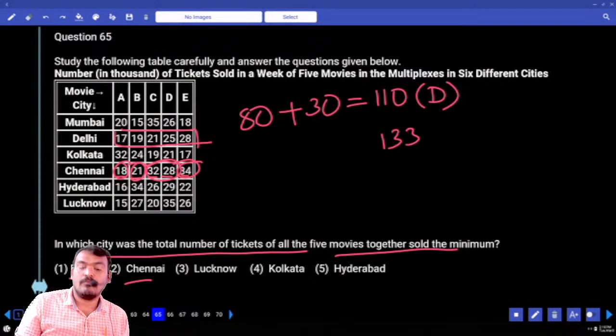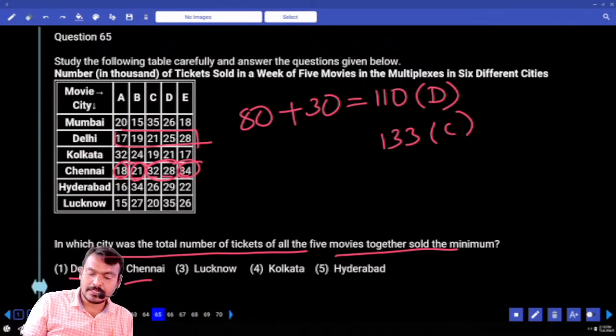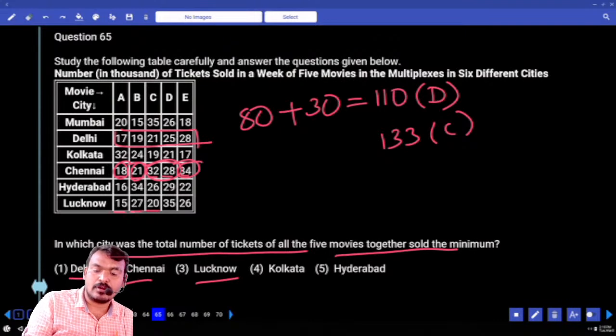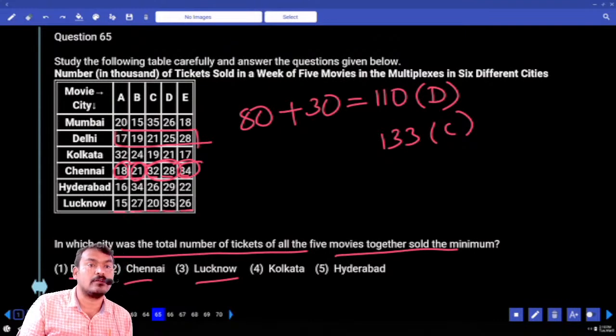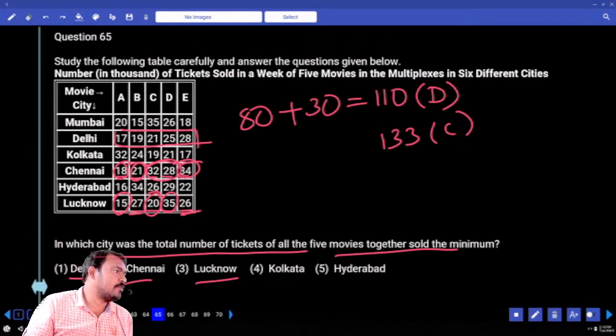That is Chennai. Next, Lucknow: 15, 27, 20, 35, 26. 15 plus 35, 50. 50 plus 20, 70. 27 plus 26, 53. Already 70. Total it is